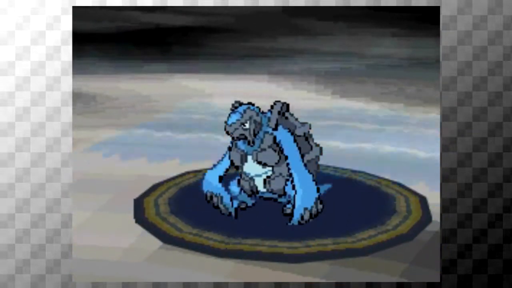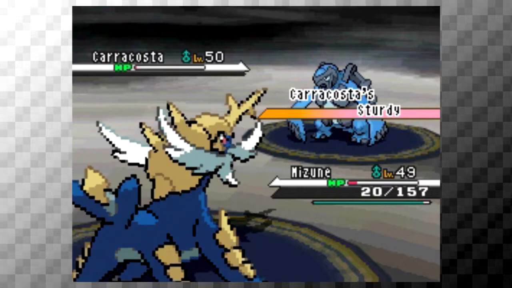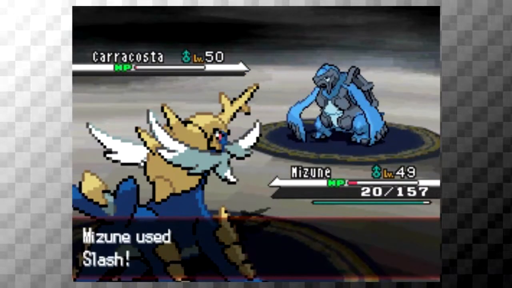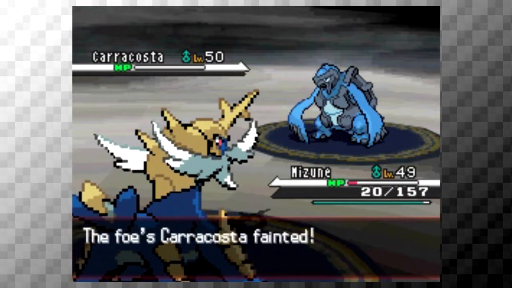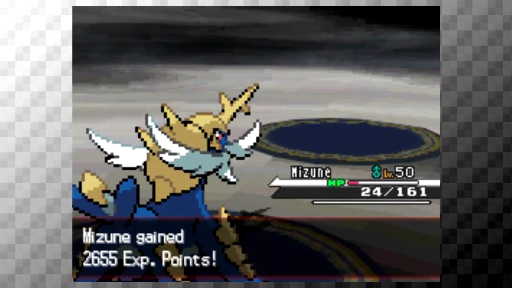This thing doesn't have high special defense if I remember right. And Sturdy activates again. We're going to go for a Slash. He might... Okay, he did not heal again, which is good. Happy about that. And the next Pokemon is...